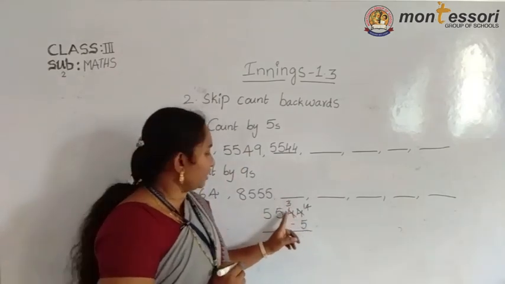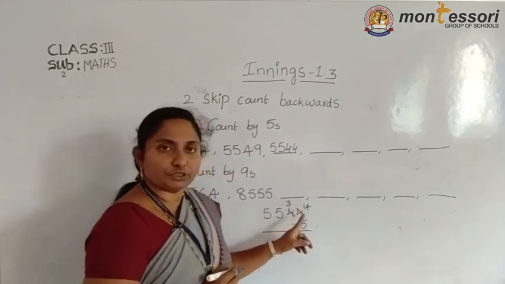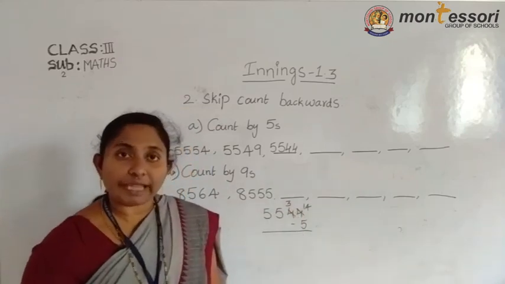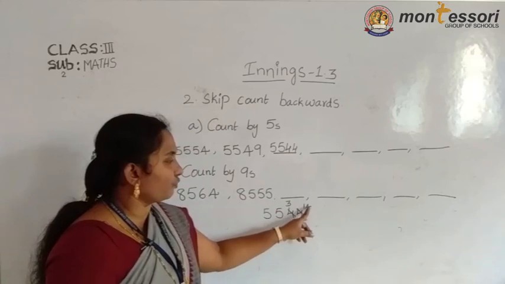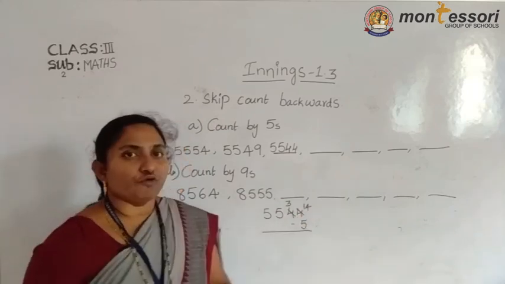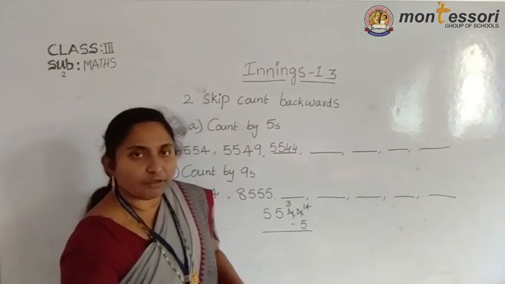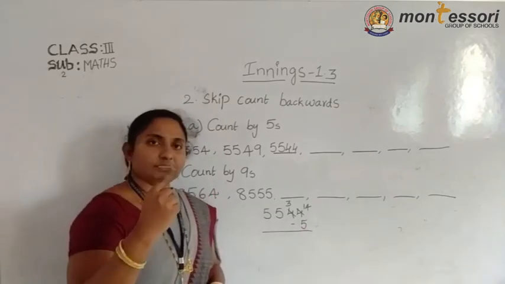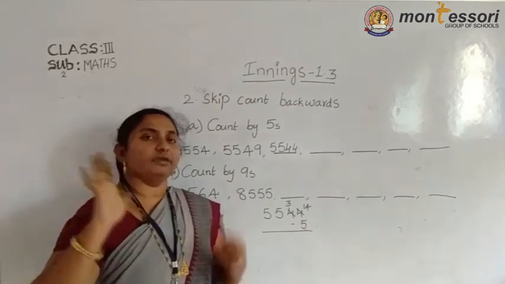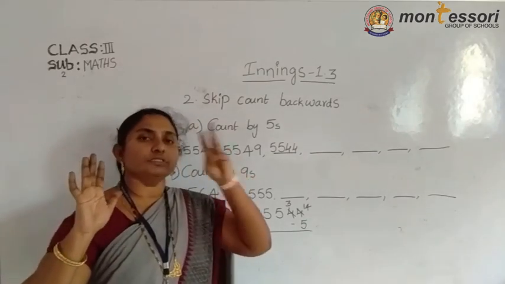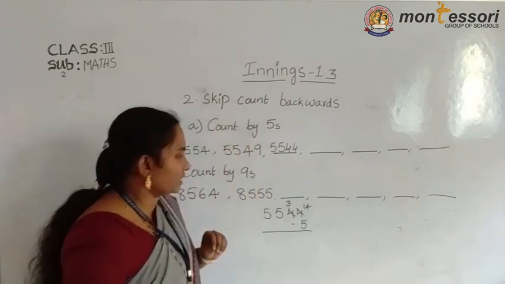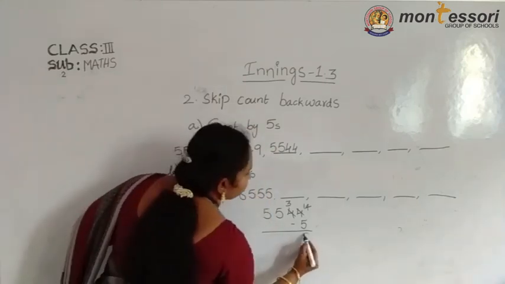Why? Here, already 1 is going to borrow. So if one number is going to borrow, it is converted into 10. Okay, 10 plus 4, 14. Okay, understood? So now 14 minus 5. 14 minus 5. Okay, after 5: 6, 7, 8, 9, 10, 11, 12, 13, 14. Okay, what is the answer? 9. I am writing here 9.